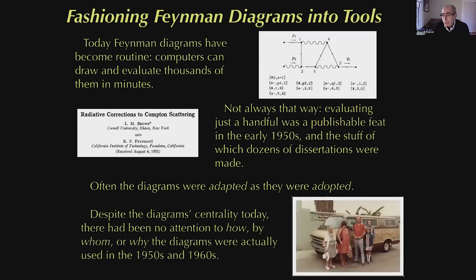And so before I started working on this kind of series of puzzles, how the diagrams spread, why did they come to be used, and so on, very little had been written about the spread of the diagrams. I used to tease that there had been more written at that point about the search for Richard Feynman's actual van. This is Feynman and his then very young children, with this van that he used to drive around Southern California in, with larger than life Feynman diagrams on the side. There was more written about his van than about the diagrams that bedecked the van.